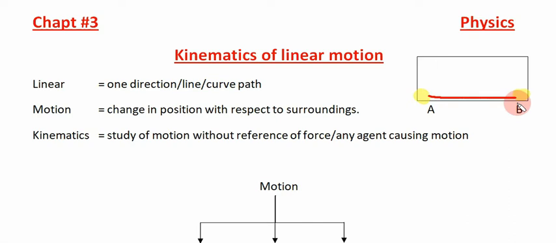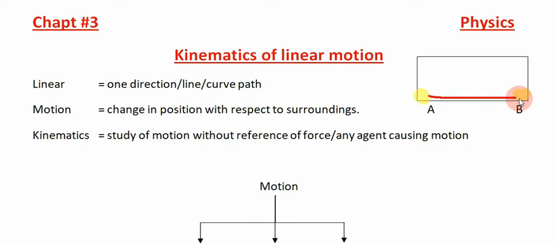How can we say that this object has changed its position? We have to give some reference about the motion of that object. So let us take the reference. How can we take the reference to define the motion of that object? Simply we can say that the object was lying at point A near this corner, let's say the left corner. After some time, this object has moved from position A to position B.